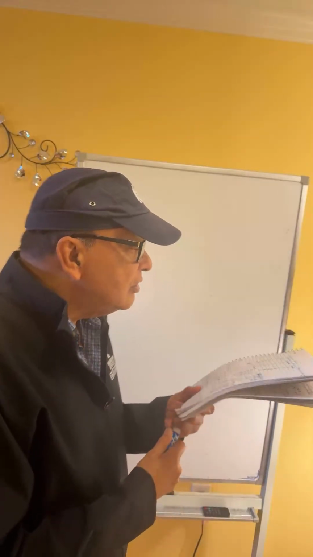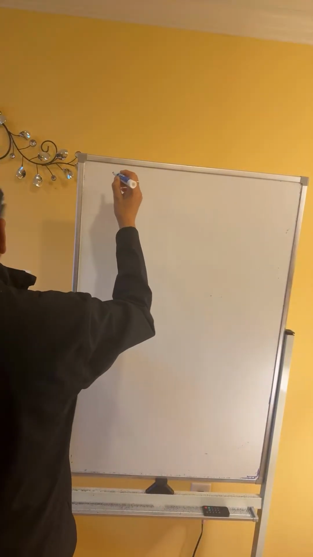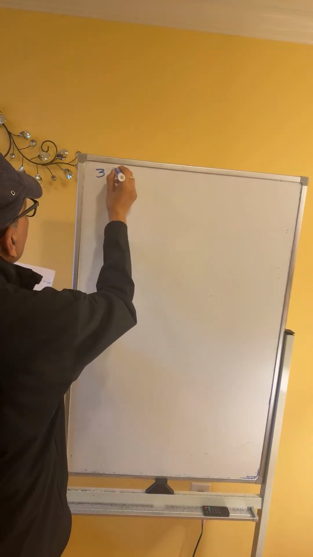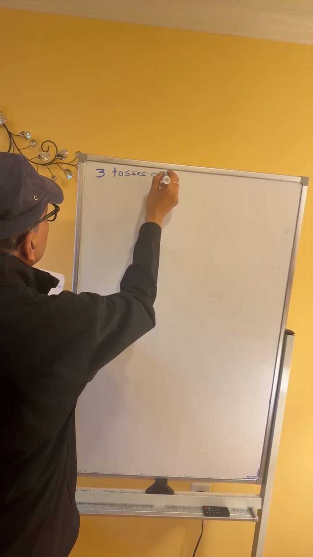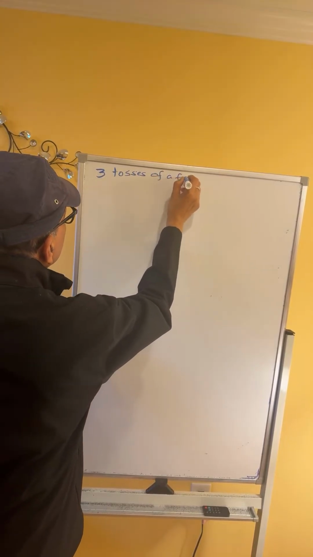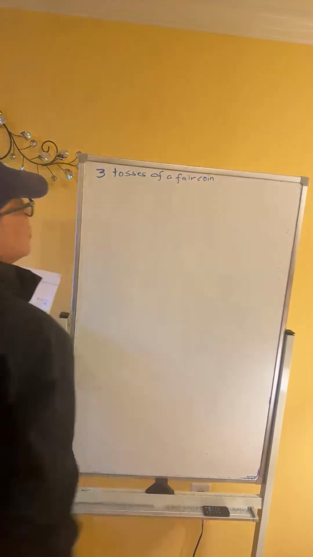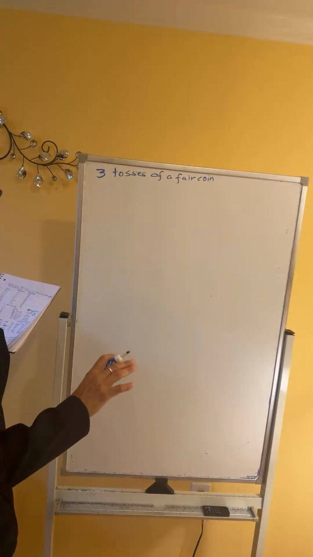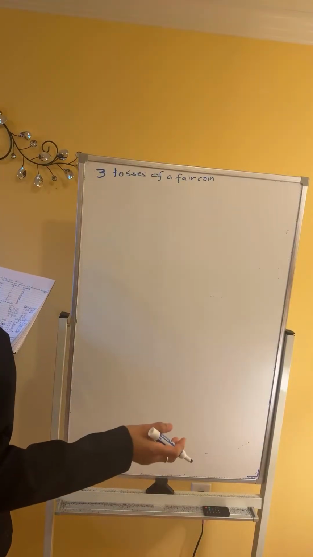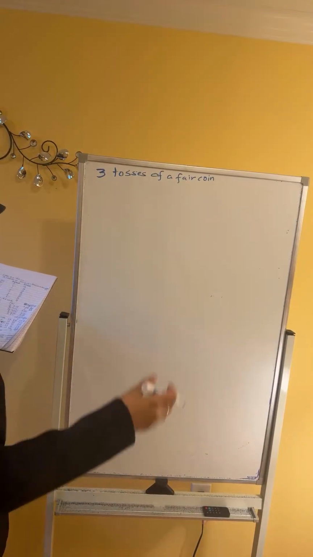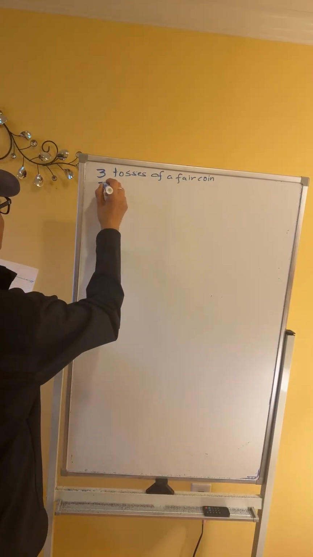So today we are going to talk about 3 tosses of a fair coin. You may ask, what is a fair coin? A fair coin is one in which both sides have the same weights. That means there is equal probability of getting a head or a tail on each toss, and they are independent of each other. So since we are tossing the coin 3 times, the possibilities are